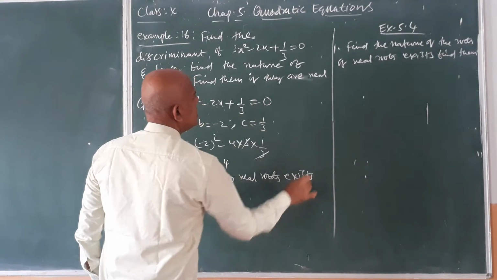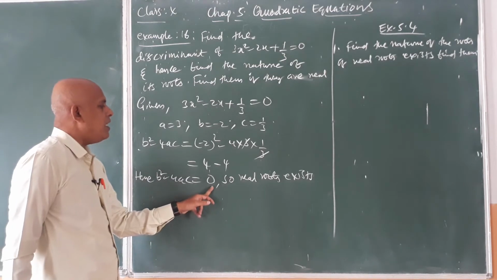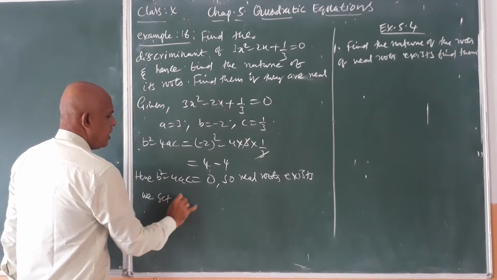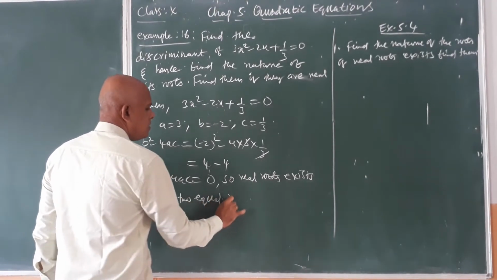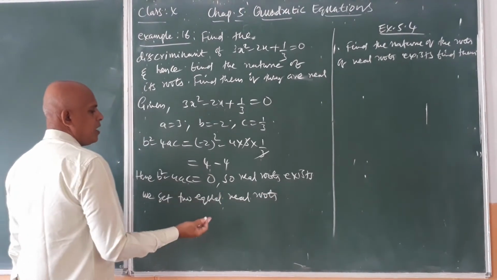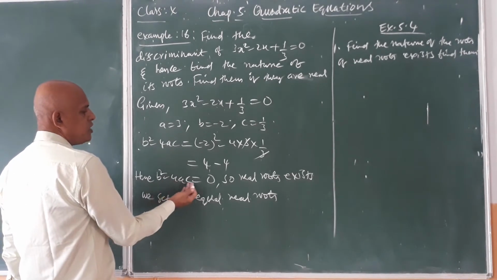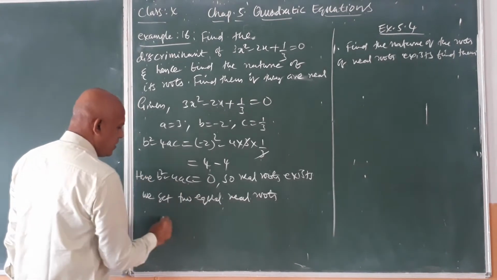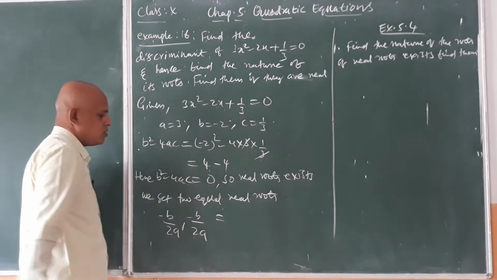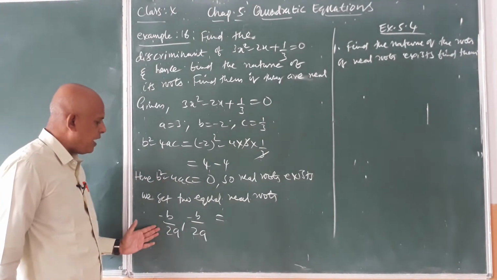When real roots exist, if b square minus 4ac is equal to 0 or greater than 0. When it is equal to 0, already said that we get two equal real roots. When we get b square minus 4ac equal to 0, we don't need to use the formula minus b plus or minus under root b square minus 4ac by 2a. Then the roots are real and equal, that is minus b by 2a comma minus b by 2a. These are the equal roots. No need to use the formula. When the discriminant value is equal to 0, directly we can use this one to find the equal real roots.